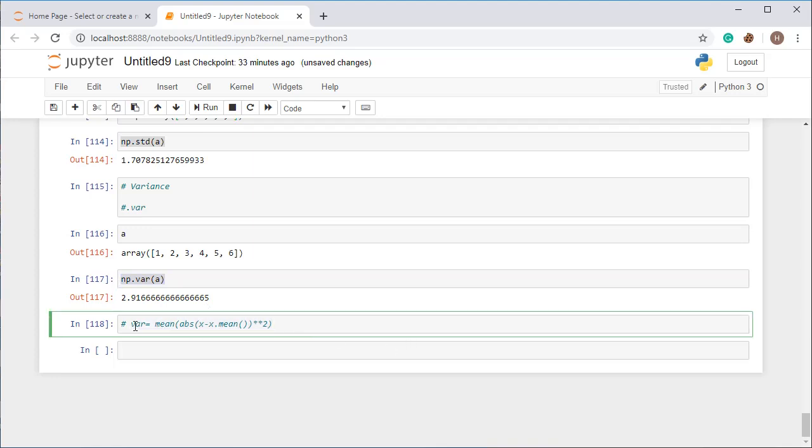So by using numpy you can use so many mathematical functions with ease. Now we will discuss some methods for sorting an array.